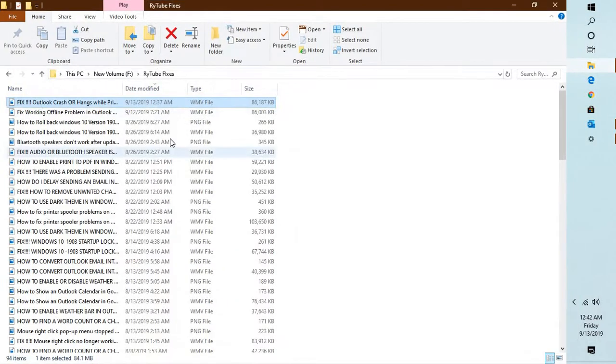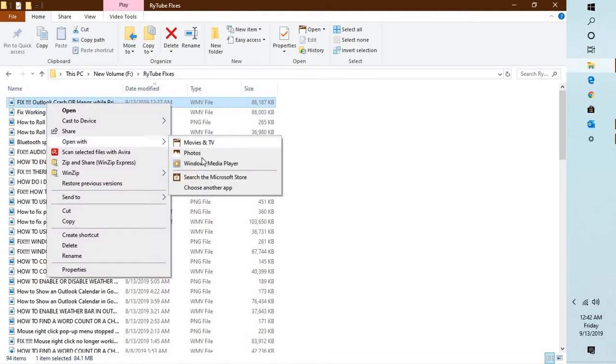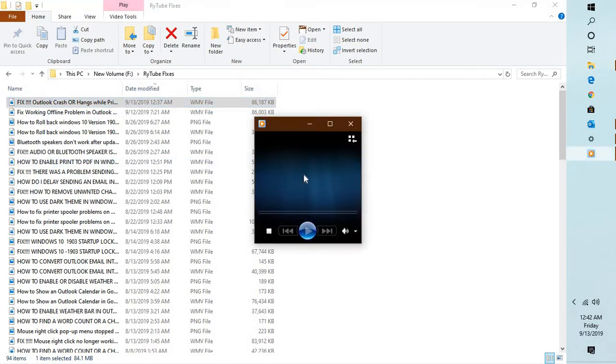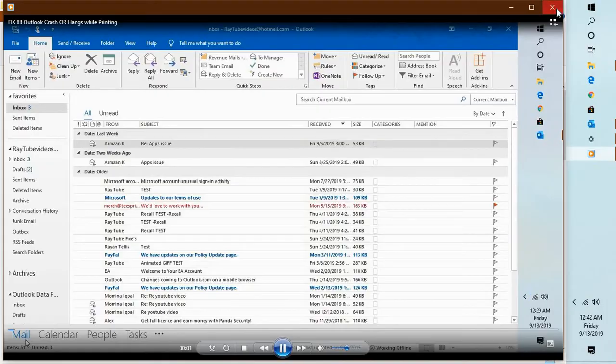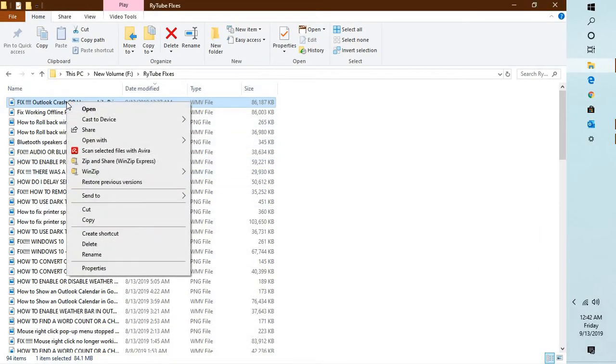Now here, what you will have to do is right click on open with, and you will have to select Windows Media Player. It should open the file using Windows Media Player. Now, for the first time, you will have to go ahead and select default settings. Now, in case you want all the files to open up in Windows Media Player, you will